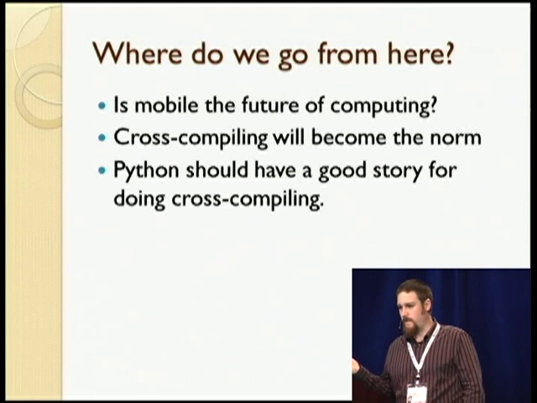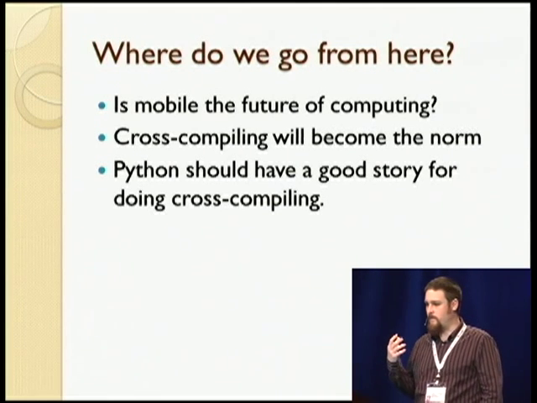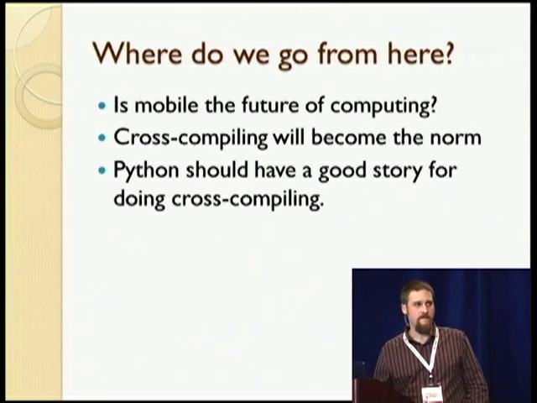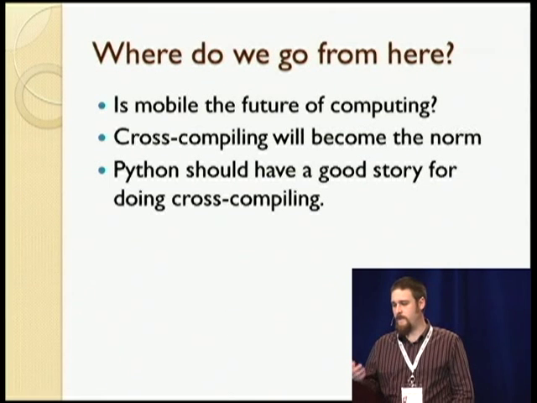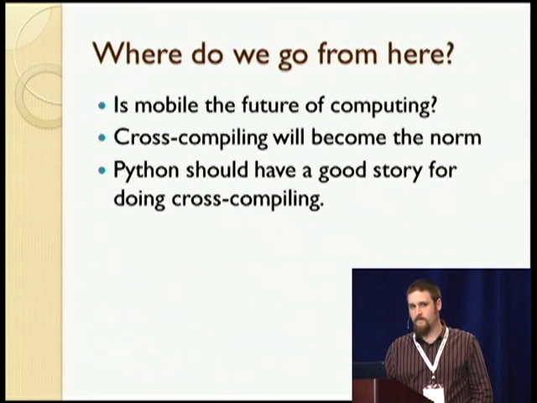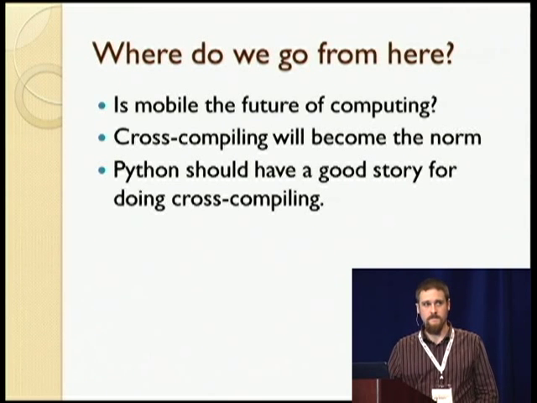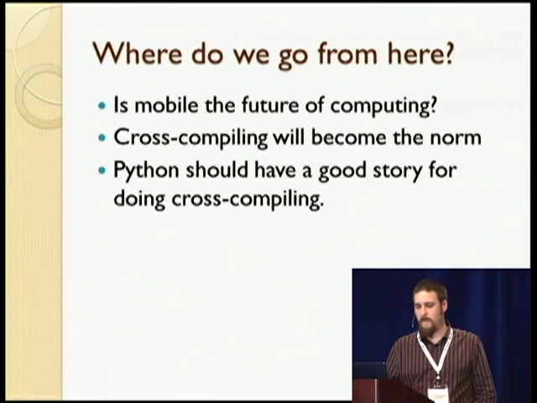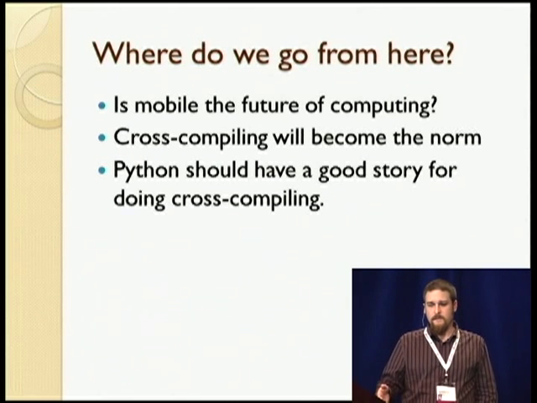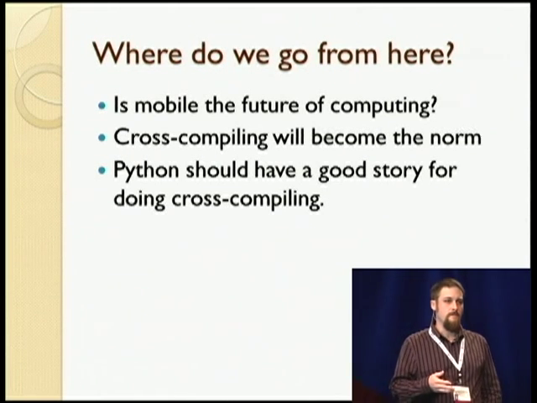I don't know what that story is going to be, but I think that the Python community should have a method, probably in the core, that handles this, including having, say, DistUtils knowing about cross-compiling, because if you're building for a POSIX target on a Windows host, say, you're really in trouble, because DistUtils takes information out of the running environment to find out what it's trying to build for.